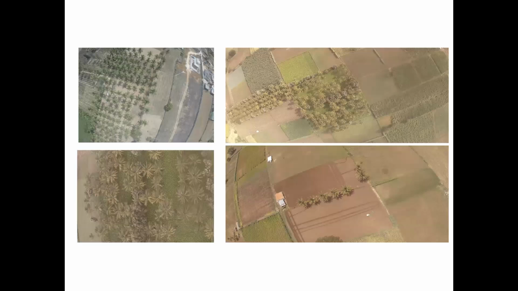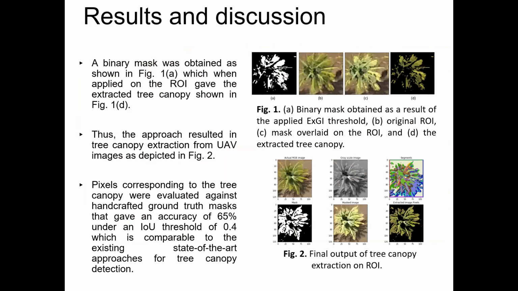canopy data? So here is an example of 4 different scenes which have a coconut tree distribution, and the idea was to detect these coconut trees and count the number of trees from the scene without much human effort and to digitize them. So I have just summarized the results in one slide.